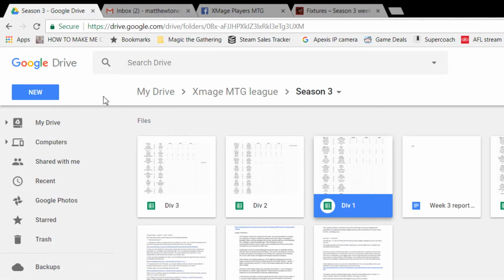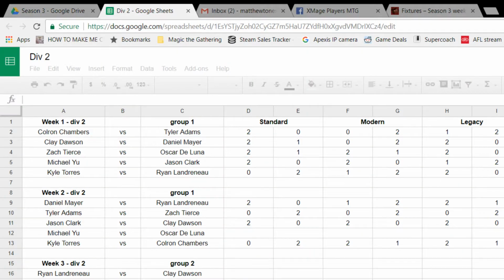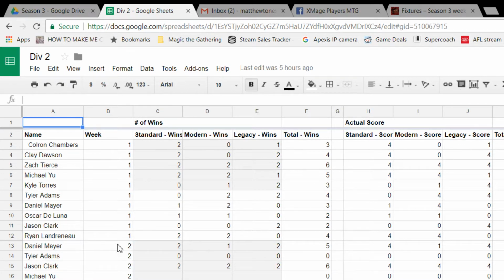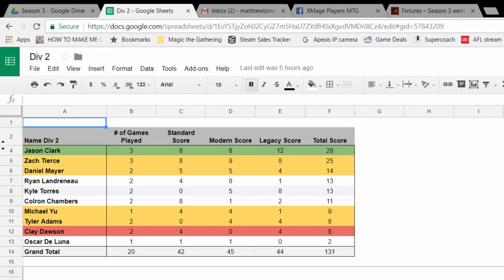I'll show you Division 2 just to get a better idea of the colours. So again, you can see there's results outstanding from the previous week. So it mucks up the spreadsheet, it mucks up the standings a little bit. Likewise, this week here's a lot of outstanding results, so it's not going to look the same. Again, I have this same page that I don't touch, but when we look at the standings for Division 2, we can see that if it was to end today,